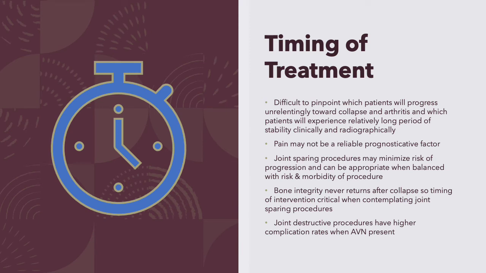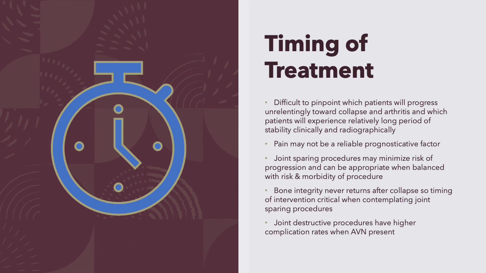In summary, with regards to timing of treatment, it is very difficult to pinpoint which patients will progress towards collapse and arthritis and which patients will experience a relatively extended period of stability, both clinically and radiographically. We do know that pain is probably not a reliable prognostic factor, and joint-sparing procedures may minimize the risk of progression and can be appropriate when balanced with risk and morbidity of the procedure, which echoes the idea of treating